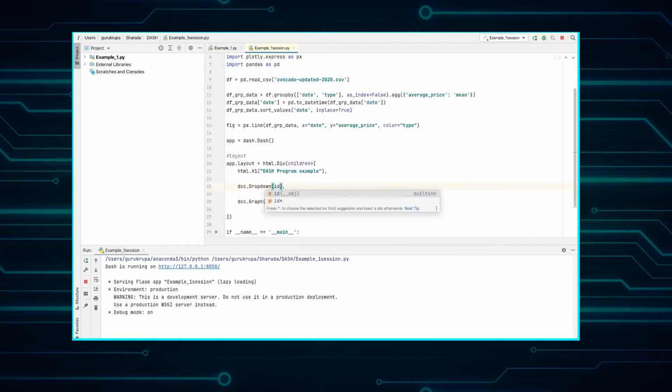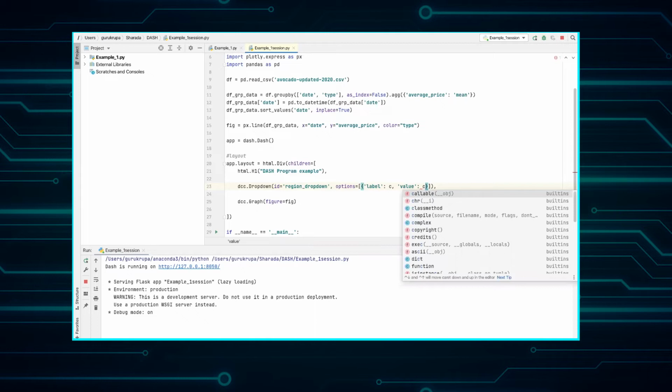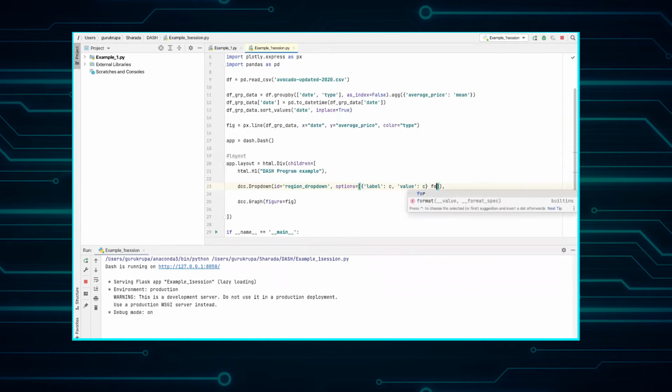We'll give an ID, options, which will be a list where label will be a variable and value is also a variable, which is got by executing a for loop on the data frame, where we will get all the unique geographies which are present in the data.